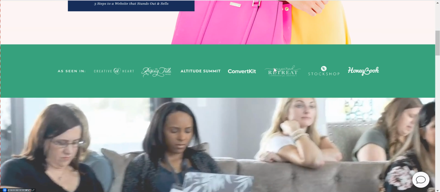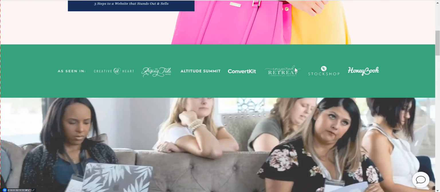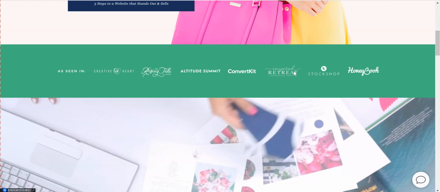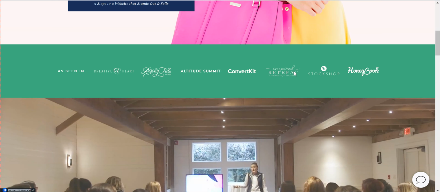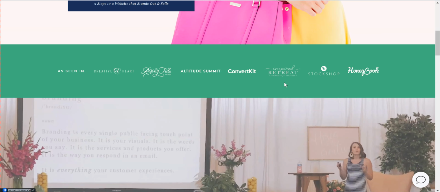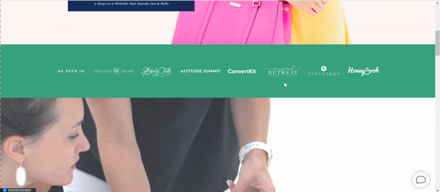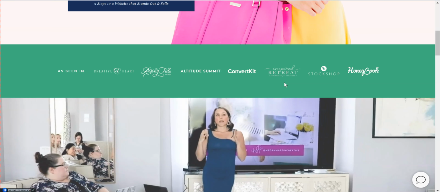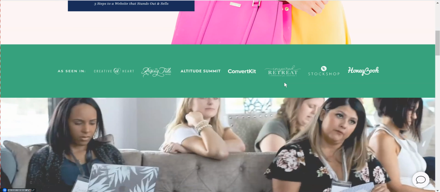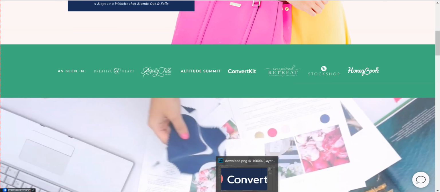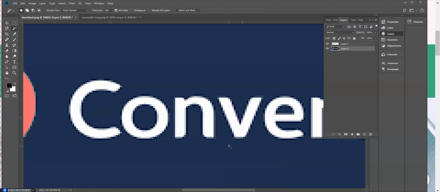And the script font I just could not get a perfect cut. It was actually quite pixelated when I cut it out to put a color overlay on it, but because the size of the logo, the final logo size that I'm putting on my website is so small, you couldn't really tell in the end. So don't drive yourself crazy. If you can't get a perfect cut, it's okay, but you can